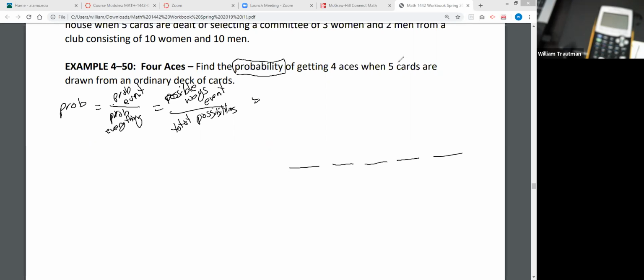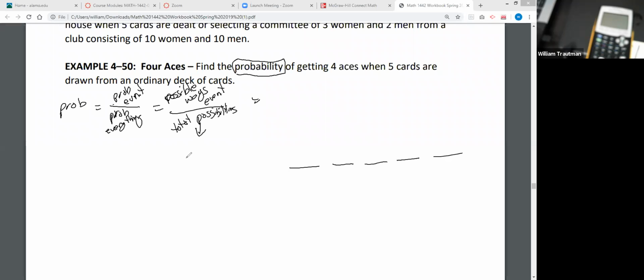Would you agree, on the bottom, the total possibilities of me drawing 5 cards,